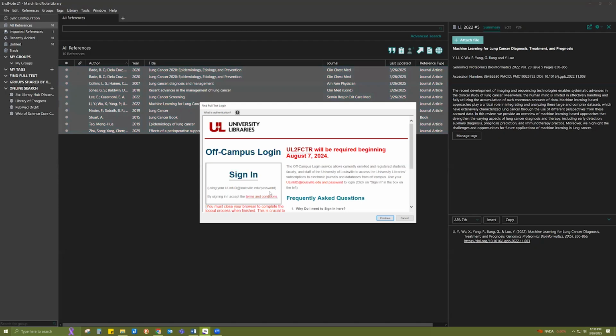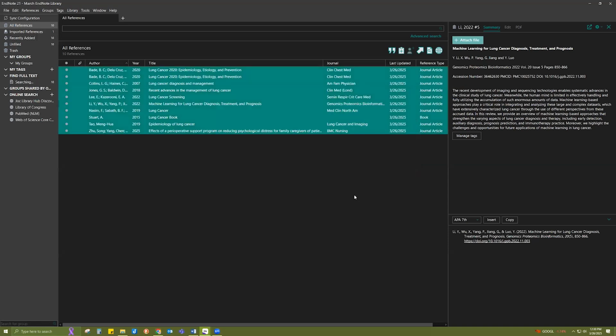And you'll see this come up, the off-campus login. This is, again, since the second URL we copy pasted into our Find Full Text settings is the login.echo.louisville. And that's your university proxy verifying that you are a university member and have access to the full text of references that are subscribed to through the university, since you're a university member. So you just click continue,